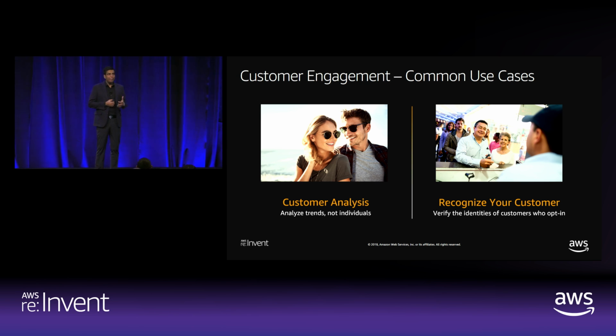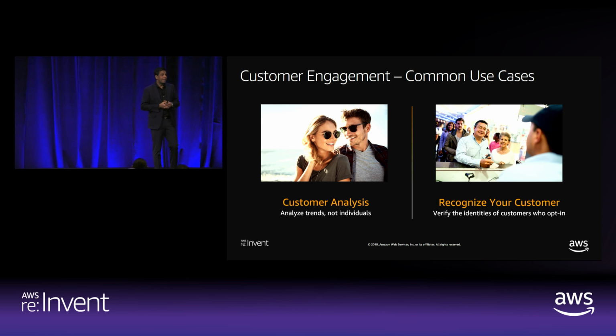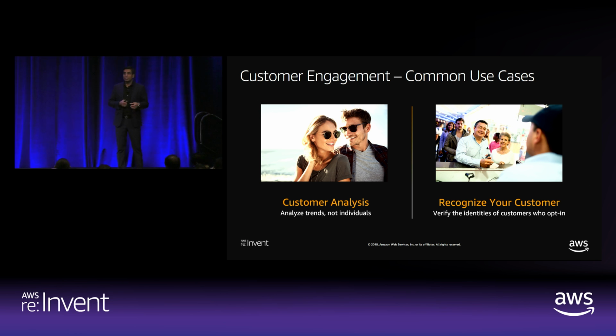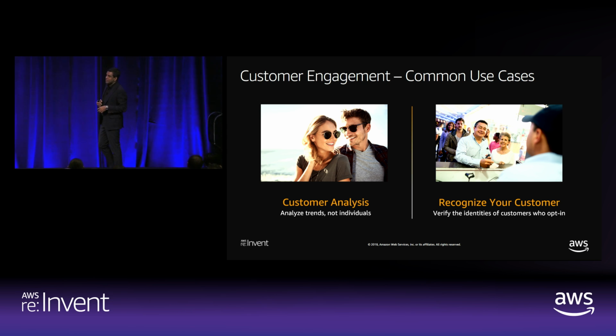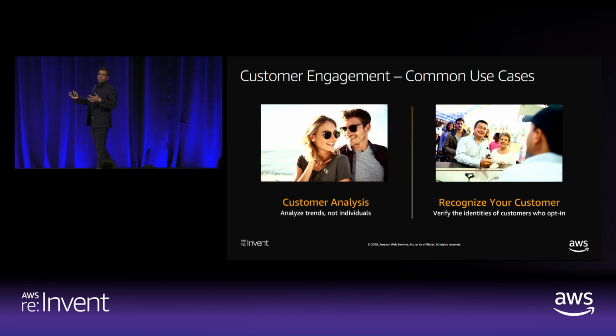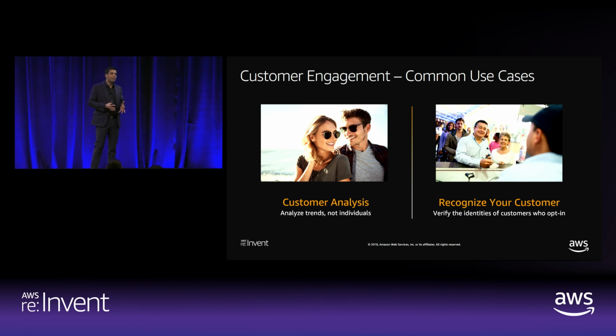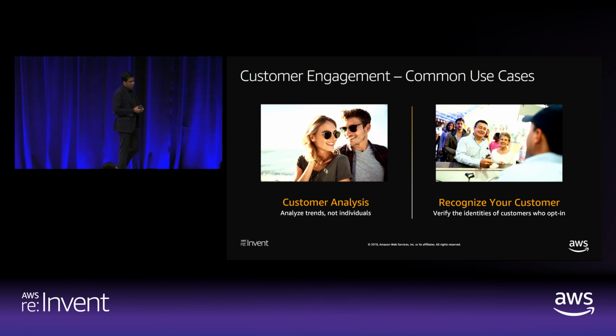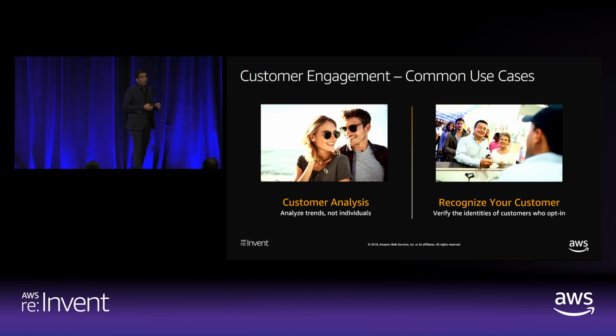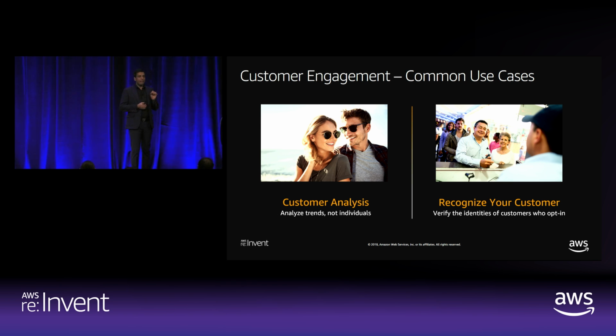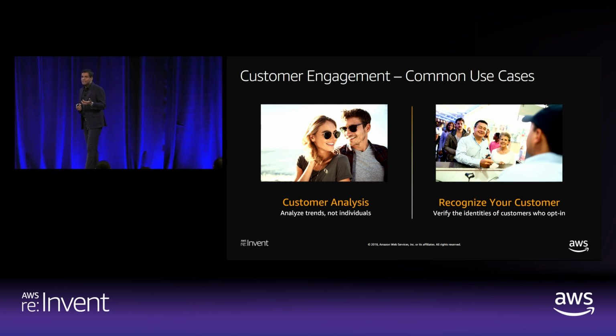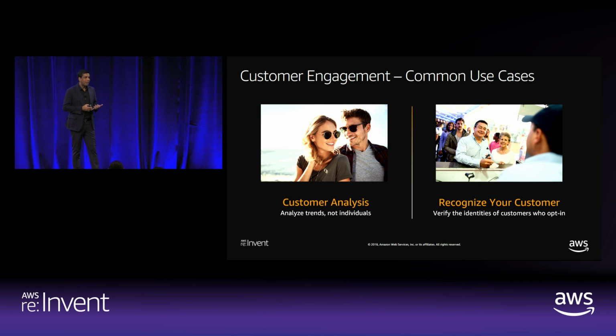Now, typically in the past, the way you knew that about your customer is that you actually had them fill up a form, or you had to capture their information, or you captured their email address and then send it to some marketing tool that provided you all this information. Whereas now with Rekognition, all you need is a simple sensor that can just look at the faces of this individual and do our face analysis API to know what gender, what age range, what emotion they had.